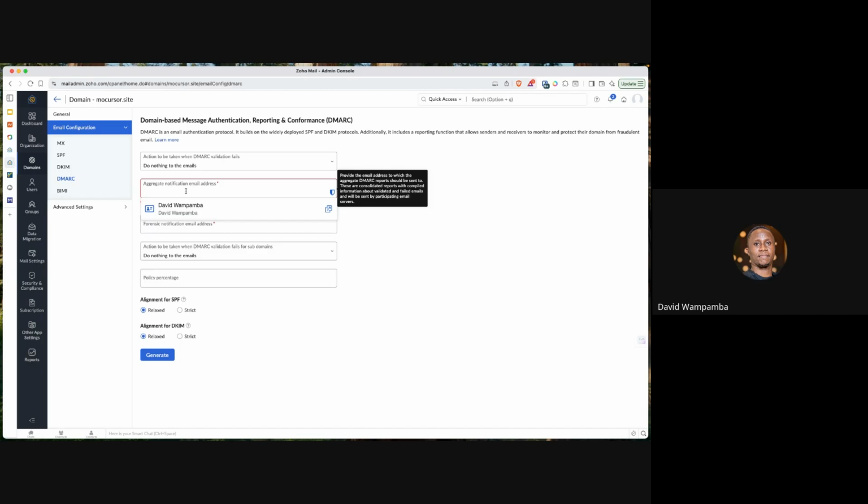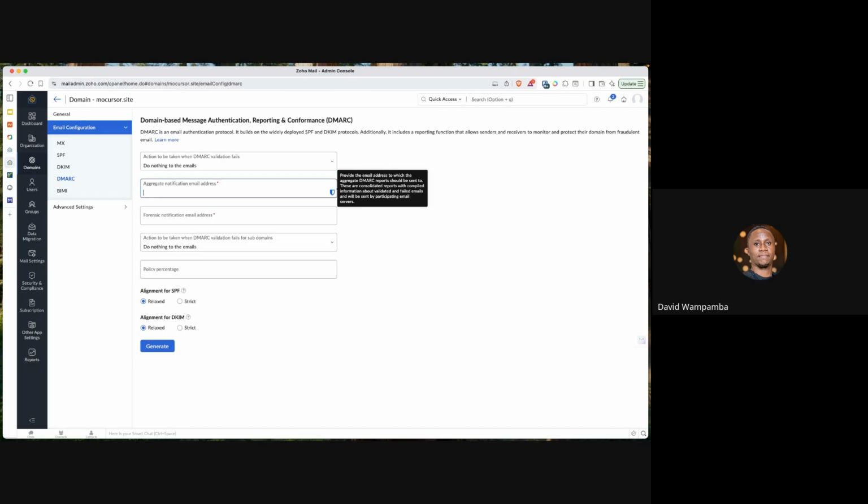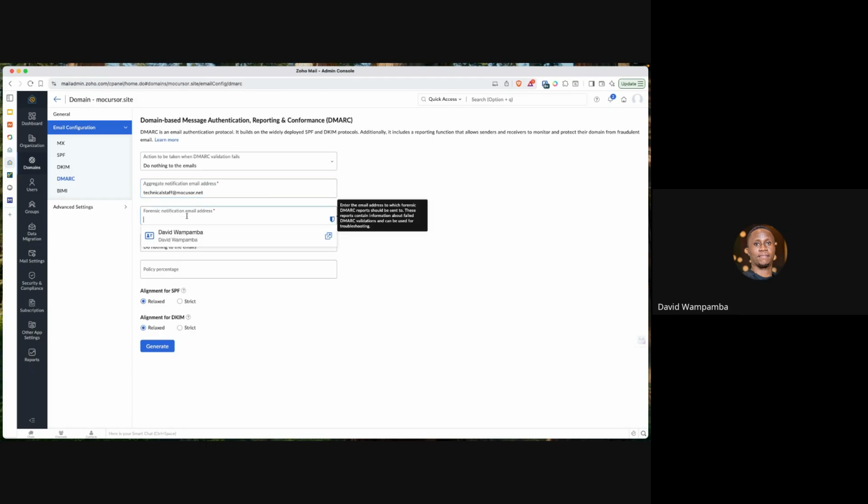All right. Now in that case, technical stuff. Of course, you don't have to have it, I'm just putting it like that as an example. Forensic notification email: enter the email address to which forensic DMARC reports should be sent. These reports contain information about failed DMARC validations and can be used for troubleshooting. Now, for people who have like Gmail,